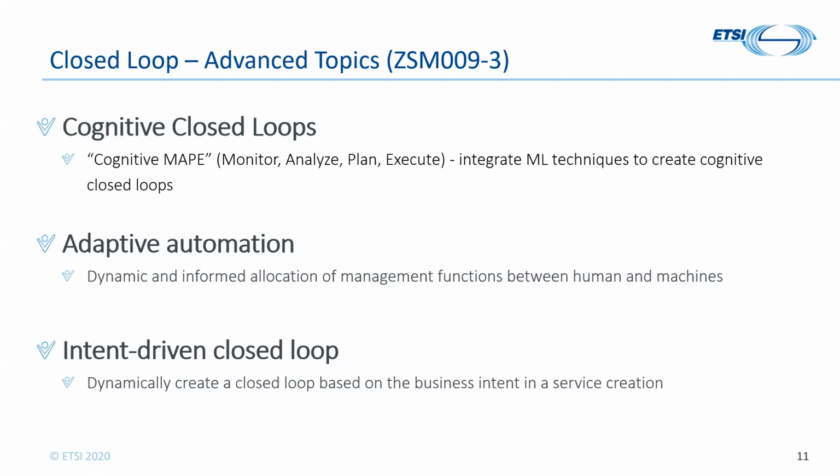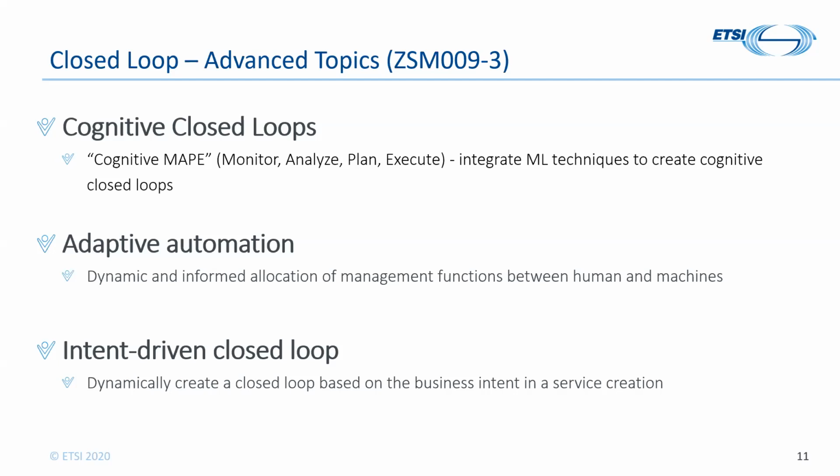For example, it incorporates machine learning in Monitor in order to perform intelligent probing. It incorporates machine learning in Analytics to predict changes in the network, and may incorporate machine learning in Execute for optimal scheduling for planned execution. So this approach makes the closed loop more adaptive compared to the traditional closed loop that are usually self-regulating but not self-learning and do not adapt to changes in conditions.